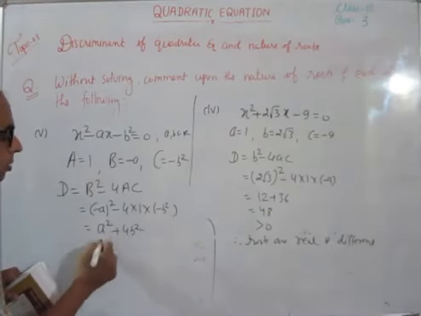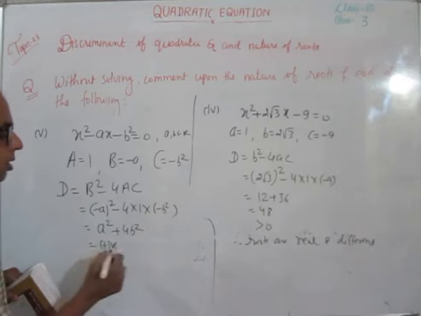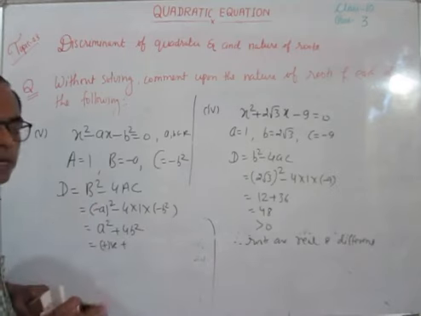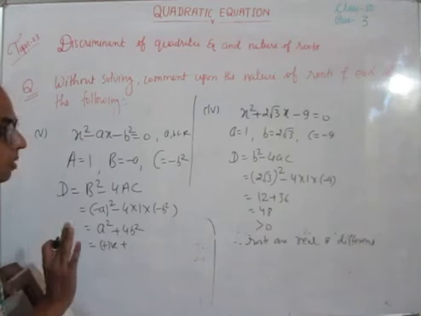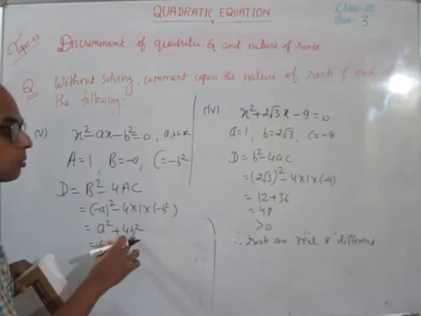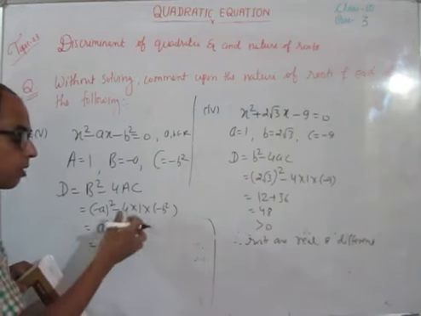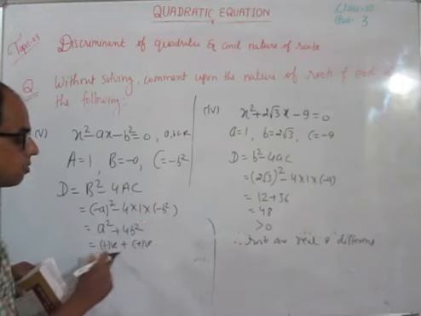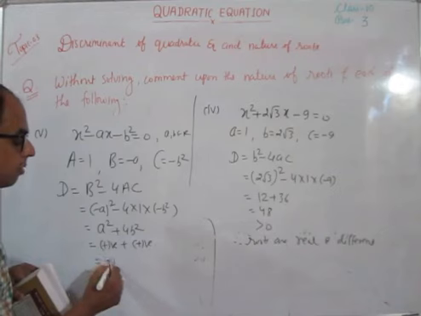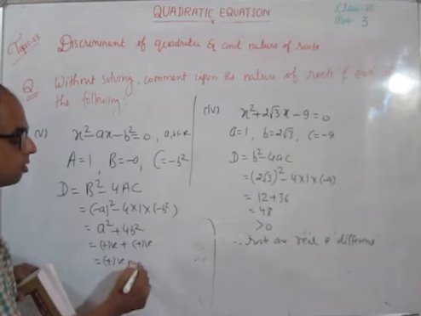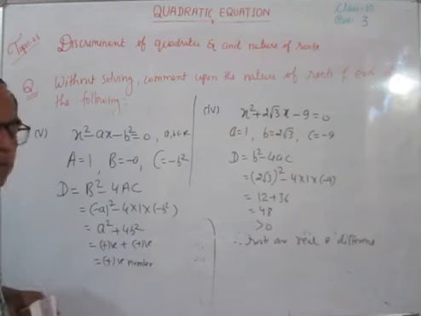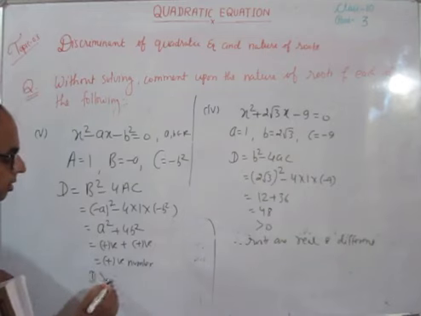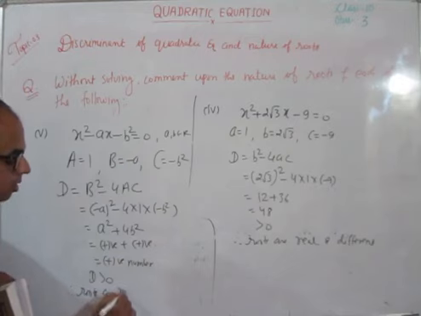So this is a positive number, this is a positive number. We do not know what the value of a square is, but that value will be positive. Now b square is also positive, b is a real number, so its square will be a positive number, and the sum of two positive numbers will be a positive number. It means discriminant is greater than 0, therefore roots are real and different.